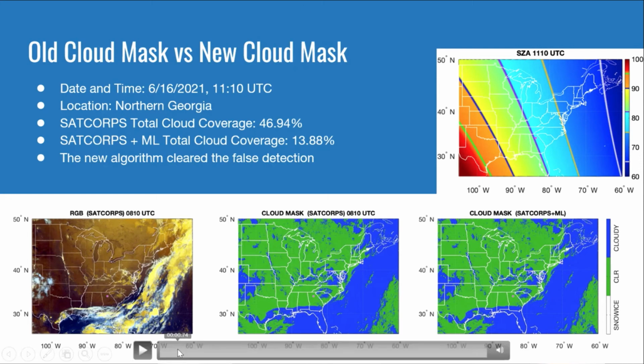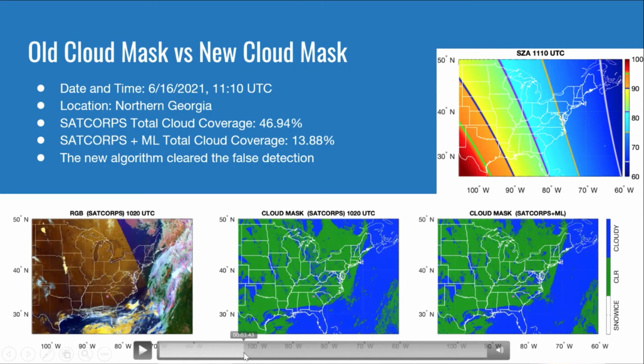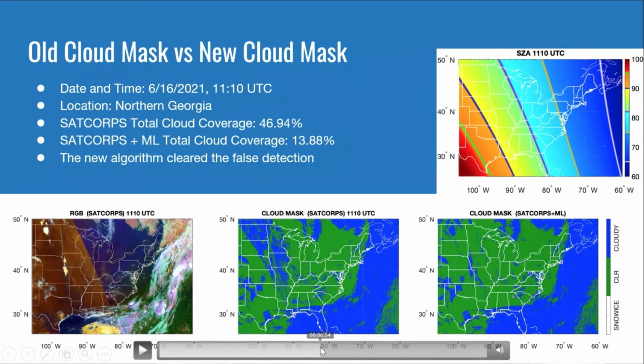And as you see in the animation, again, we have that sort of staircase-looking line of false cloud detection. As it goes over our citizen, you can see it in our old SAT-core algorithm, whereas in the new one with machine learning, you don't see that line at all. And it'll continue. In the Midwest, it seems to get really bad for whatever reason in our old algorithm, but you don't see that at all in the newer SAT-core machine learning.